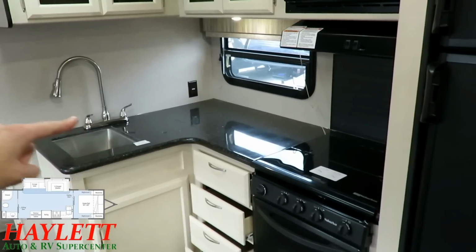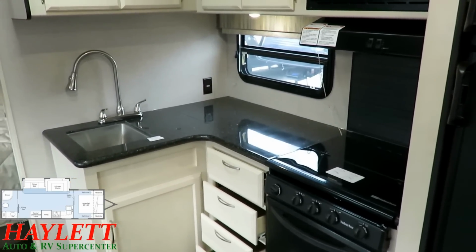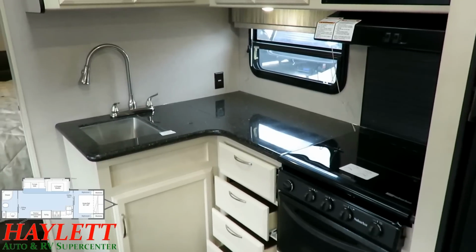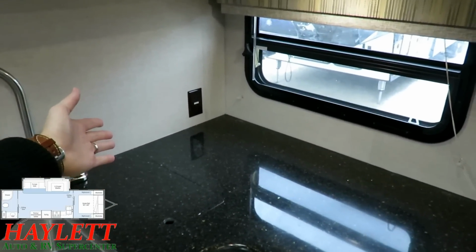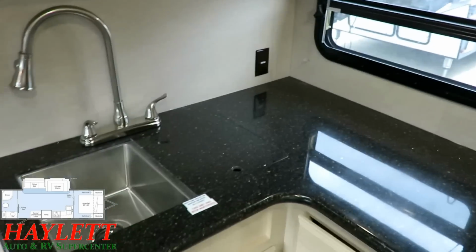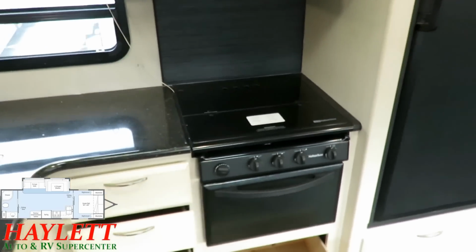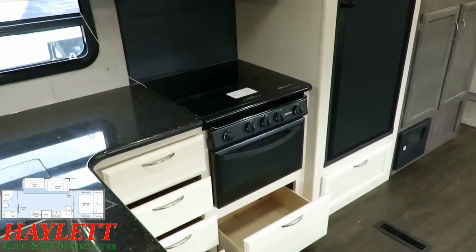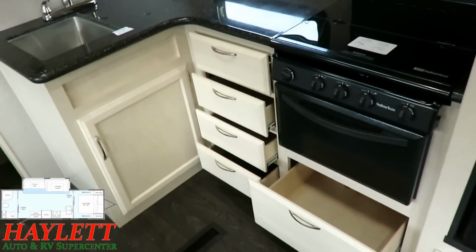But this L-shaped arrangement right here has been very popular because it gives you a lot of prep space, which is something that so many trailers are sorely lacking. And you can see that they're very good about putting appliances where they need to. Now, again, we've got that stainless undersink and a recessed stovetop, so that's going to give us even more good prep space. And you may notice that we've got all sorts of drawer space in here, including under the oven,